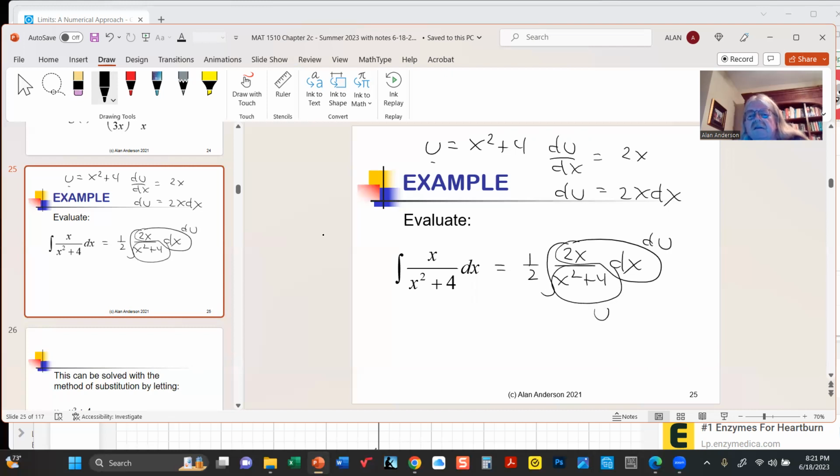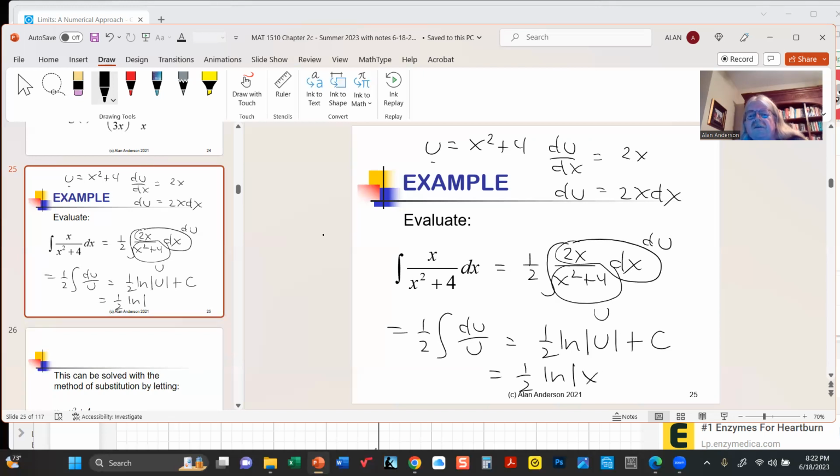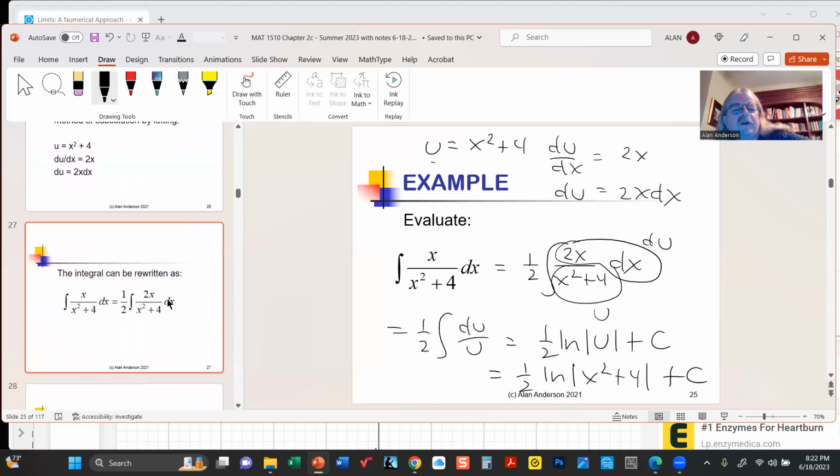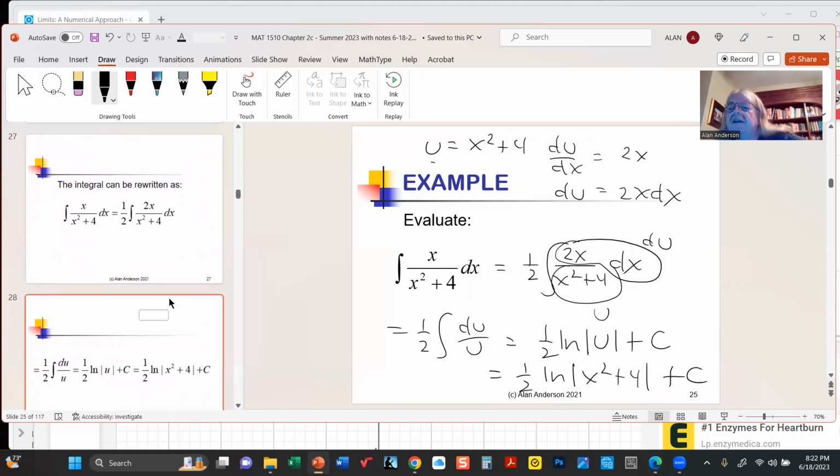This is u. So we've got 1/2 du over u. Why does this matter? Because remember, this is that special case, 1/2 log absolute u plus c, or 1/2 log absolute x squared plus 4 plus c. So yeah, I mean that was the whole purpose of this one. Recognizing that yes, it's u substitution, but specifically where we're going to wind up with a logarithm, because it's the special case where you might recall that